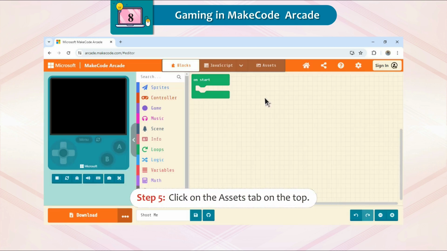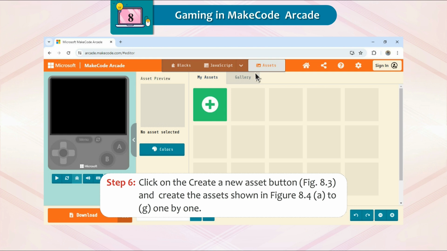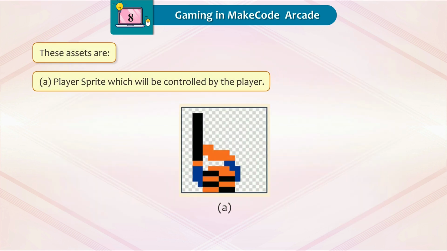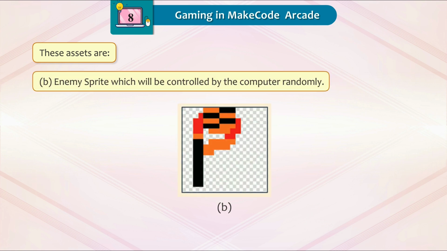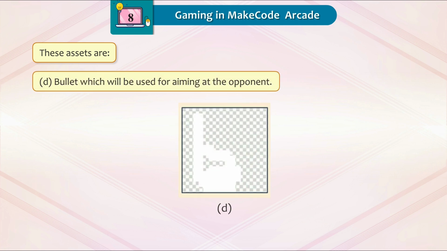Step 5. Click on the Assets tab on the top. Step 6. Click on the Create a New Asset button, figure 8.3, and create the assets shown in figure 8.4a to g one by one. These assets are player sprite, which will be controlled by the player, enemy sprite, which will be controlled by the computer randomly, garden, which will be used as the background of the game, bullet, which will be used for aiming